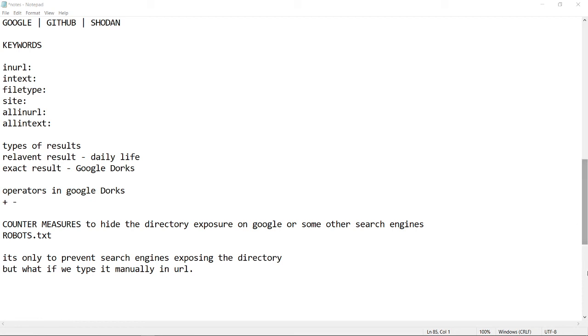Yeah, Kumanesh, bro. Google Dorking is something that restricts or filters the results that we are getting in Google. Okay, bro. Thanks.